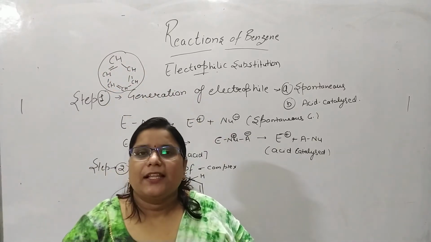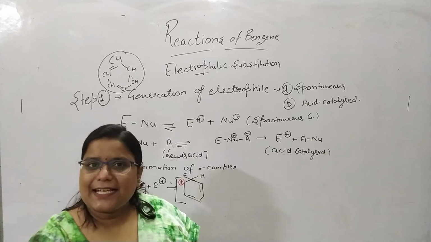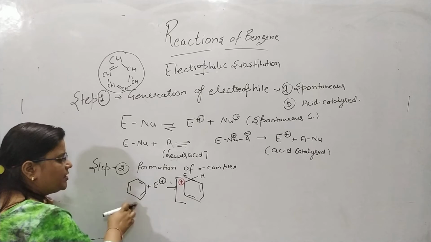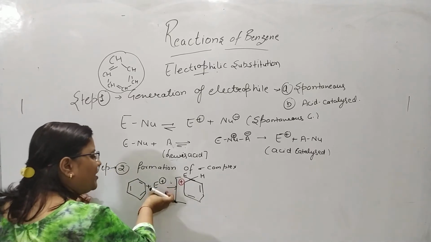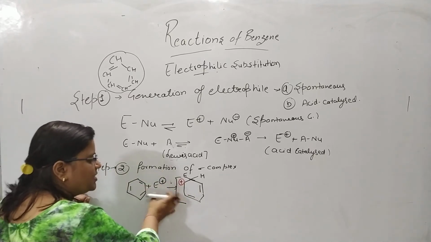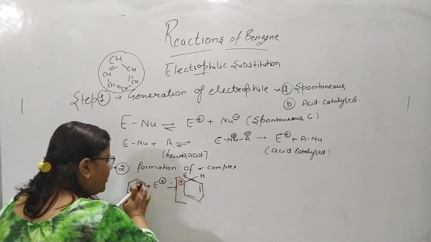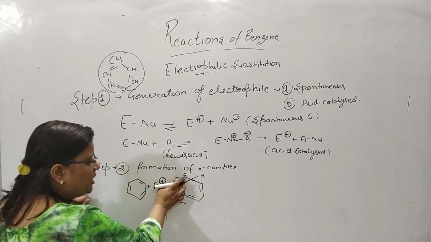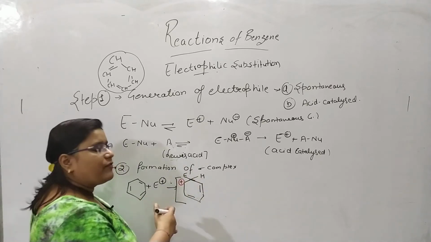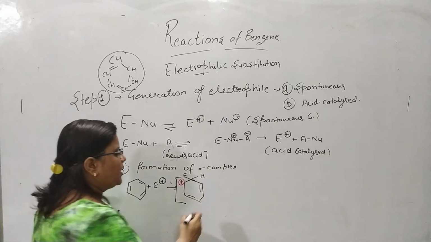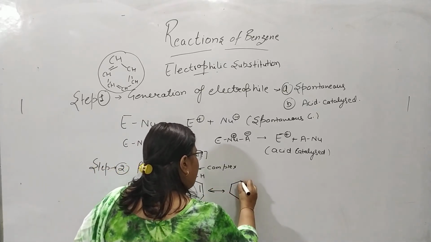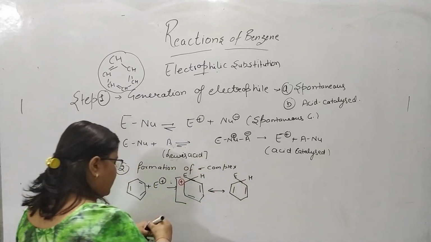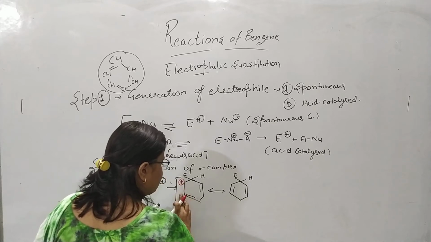So, my dear students, these double bonds and these hydrogens are already present in the benzene ring, but generally we are not showing them. But when the electrophile is generated and attaches, this hydrogen is shown so that you can understand where the electrophile is attached and why the positive charge comes into the ring. Now the hydrogen and the electrophile are attached at the proper site,